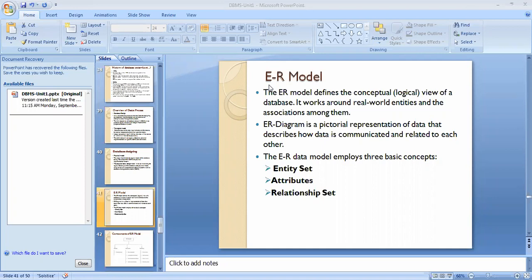In this statement, which are the entities? Can anyone tell me? Hello, are you there?